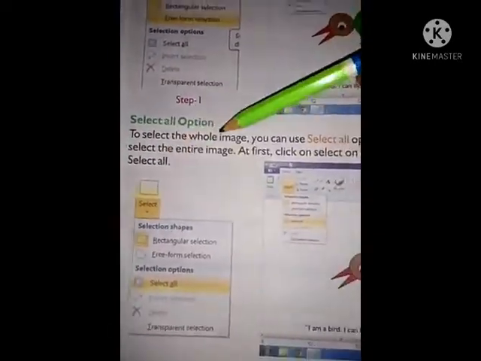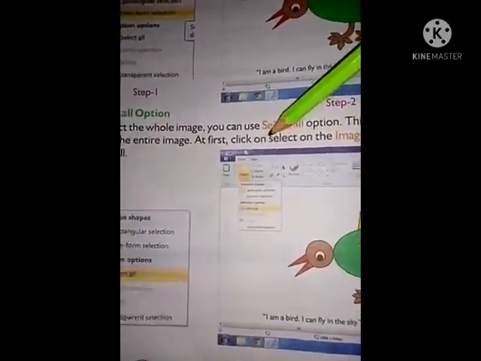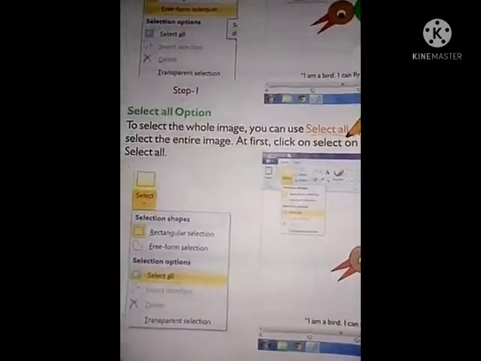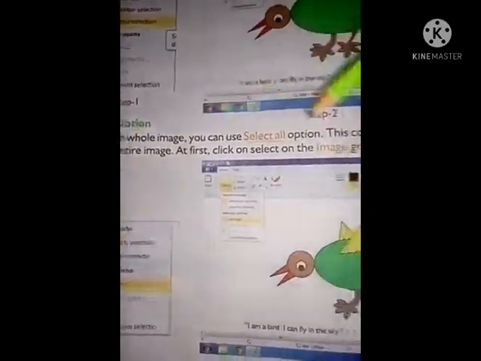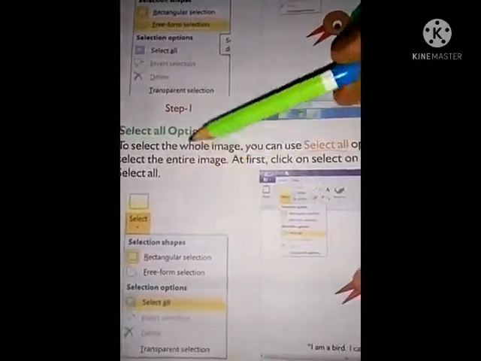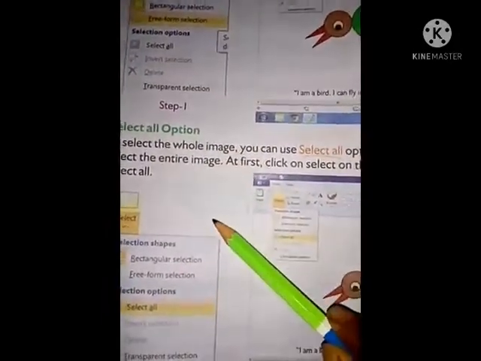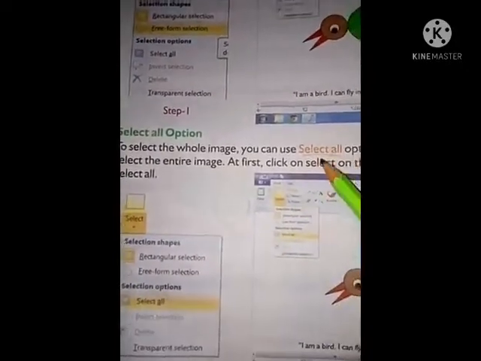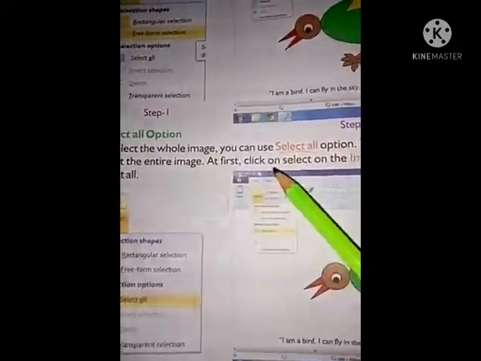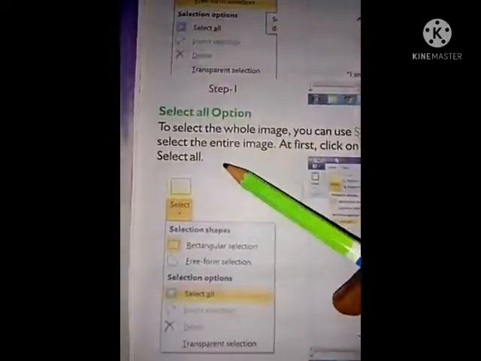To select the whole image, you can use select all option. This command is used to select the entire image. At first, click on the select on the image group, then click on select all.